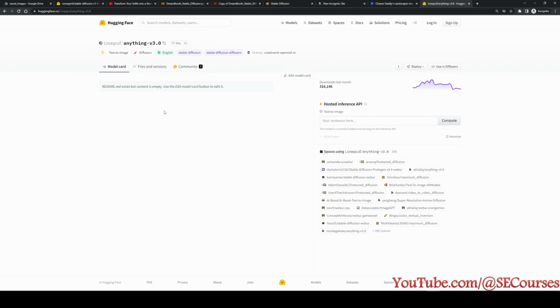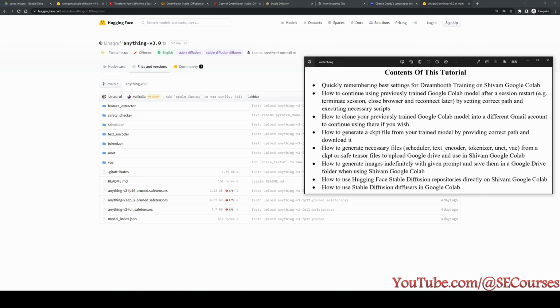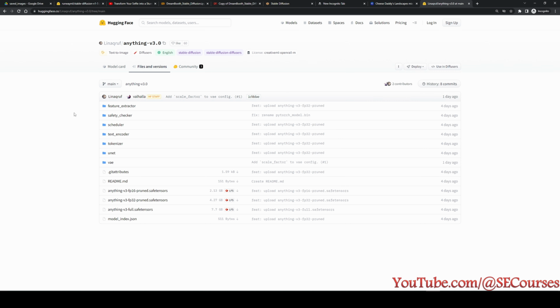So let's open an example, for example, Anything v3. By the way, you have to be careful with that. The repository on Hugging Face contains text encoder, tokenizer, unet. These are actually the Stable Diffusion diffuser files, the original training files. Therefore, if there is only a CKPT file or safetensors, it may not work, but if there are tokenizer, unet and VAE, it will work. If there is only a CKPT file, you can download it, run Automatic 1111, generate training files and upload that as we just did.